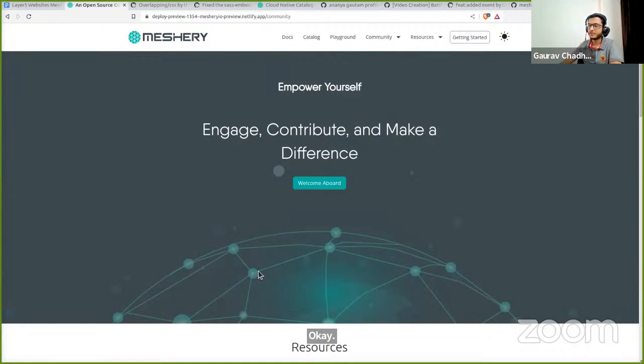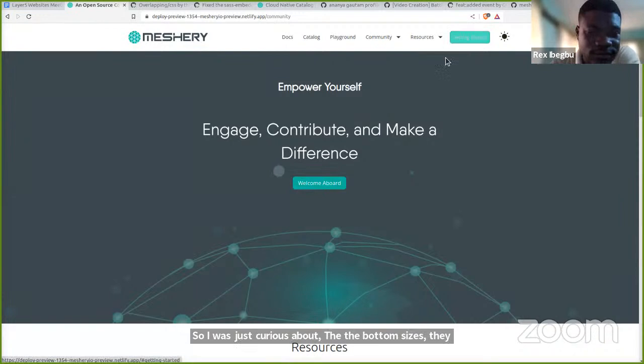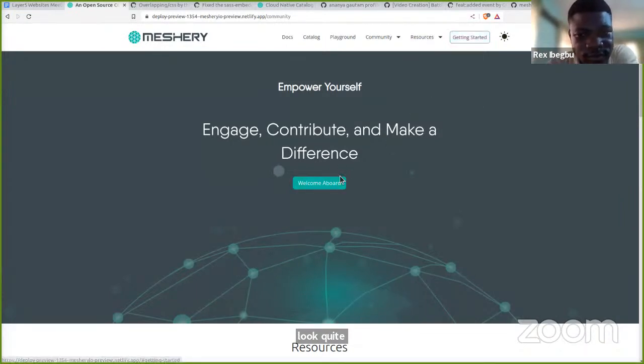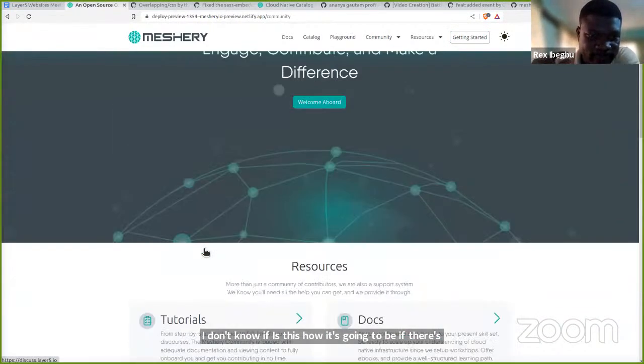All right. Anyone else has feedback for Karan? So I was just curious about the button sizes. They look quite small and very thin. I don't know if this is how it's going to be, or if there are any improvements going to be made about that. They look quite narrow.